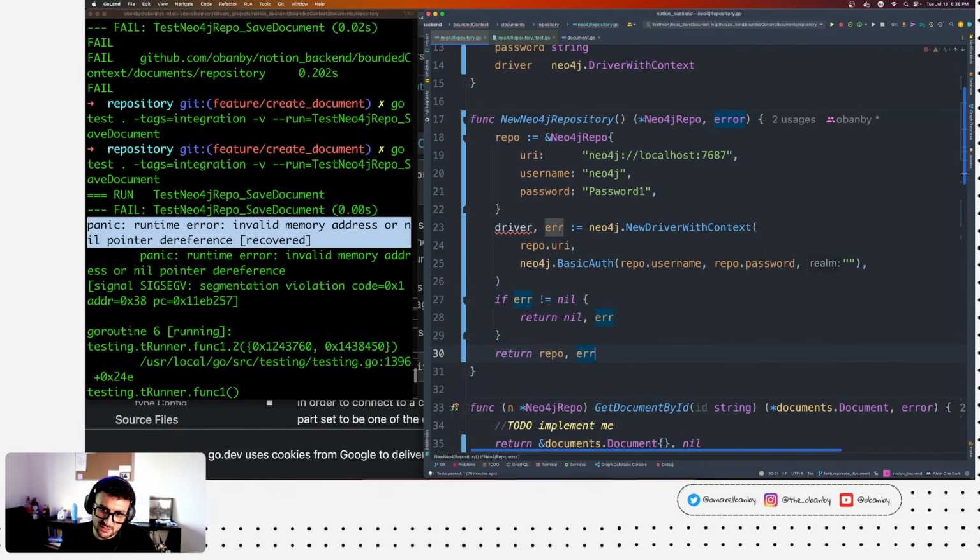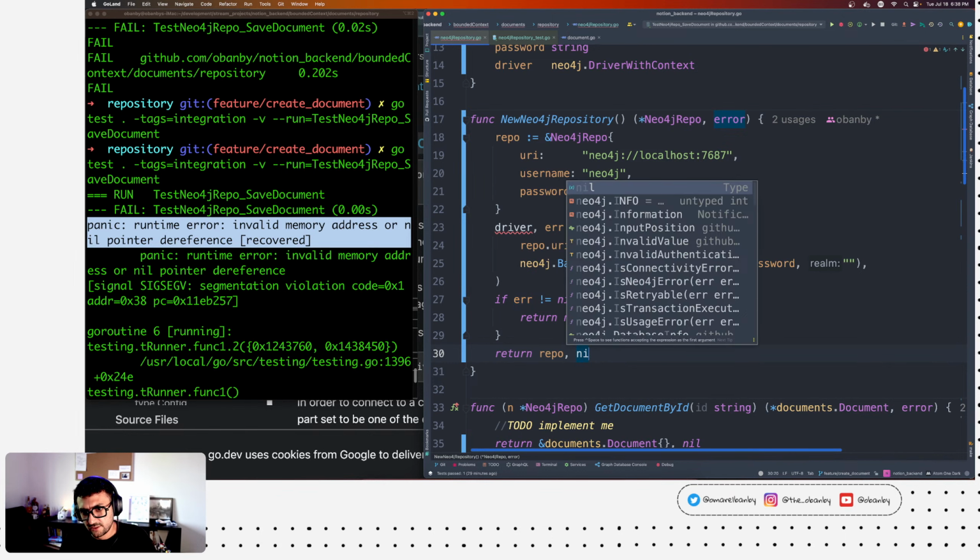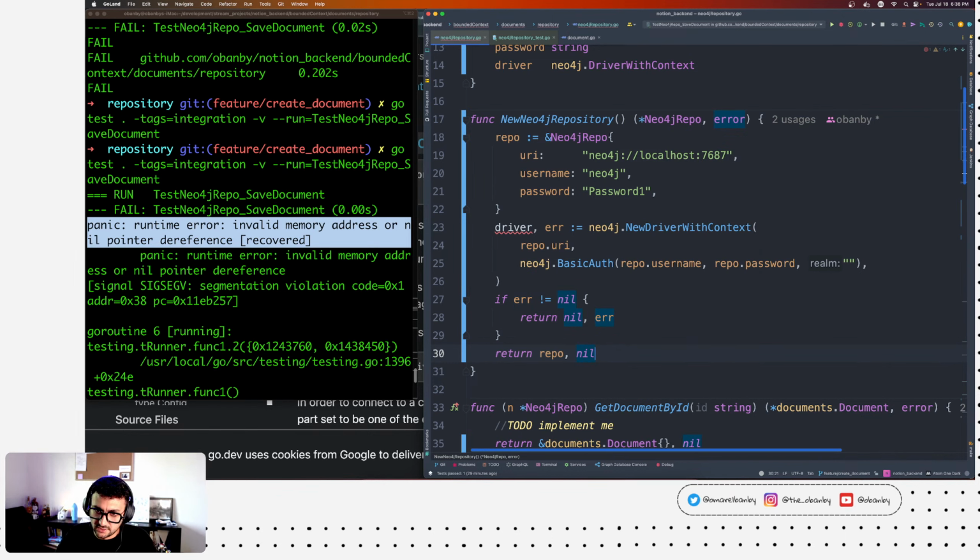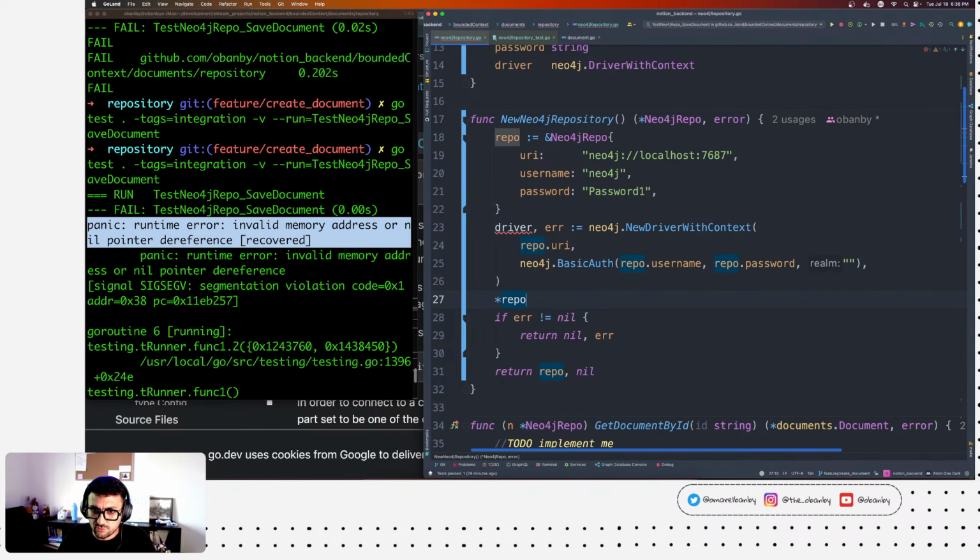I can also do this because here you're guaranteed that error is nil, but code is for readability, so here you have it. So now you can also say repo.driver is equal to the driver, right? So that's one way of doing that, of course, only if it succeeds.